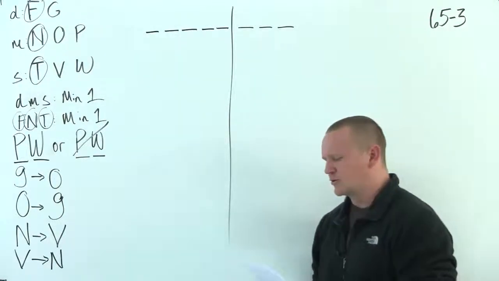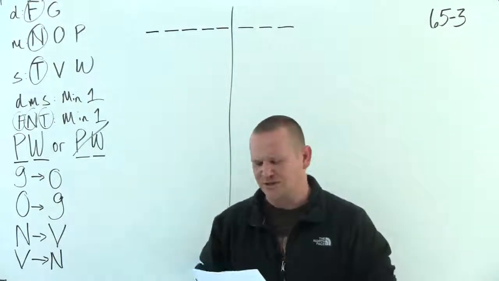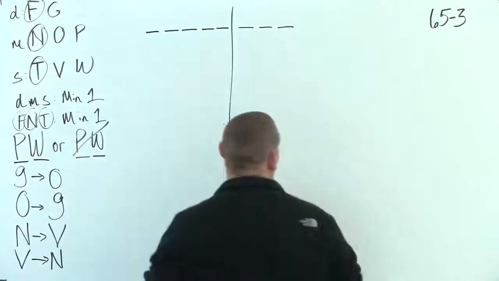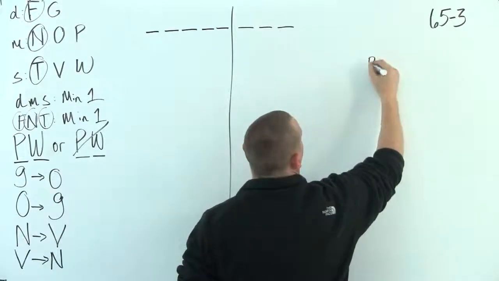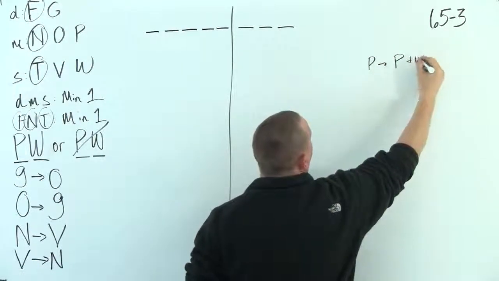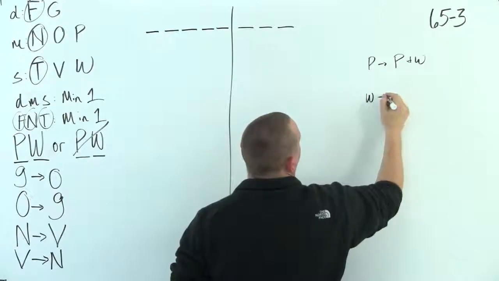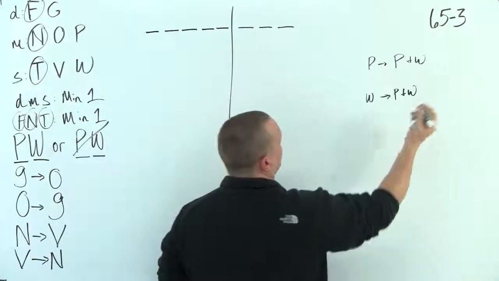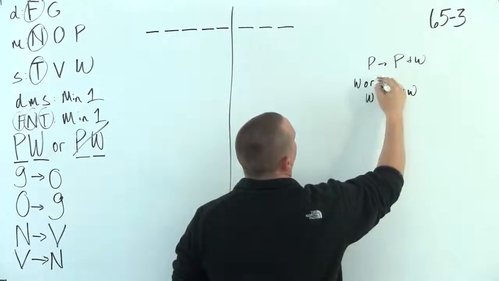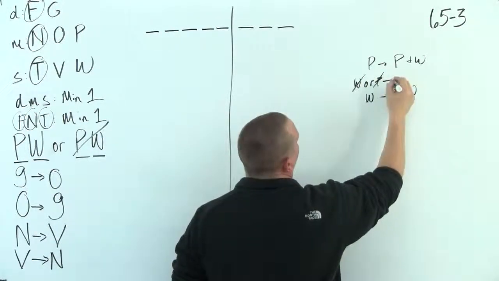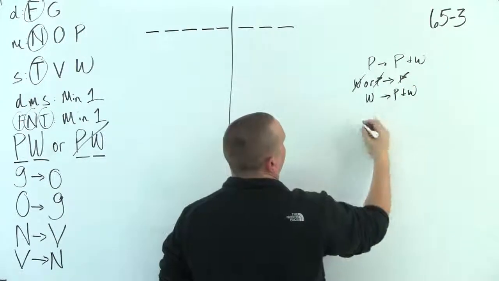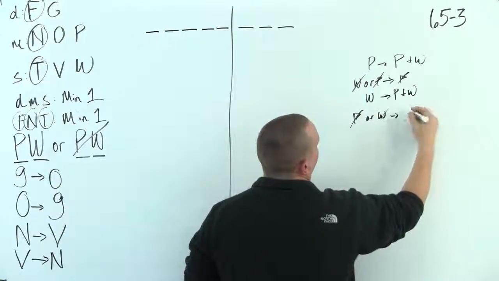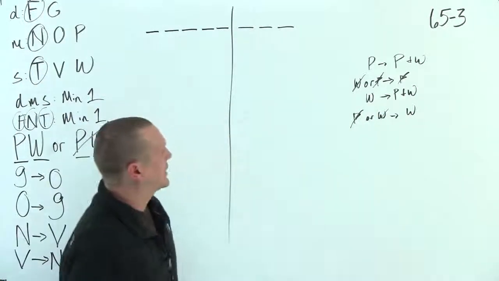And then a very critical rule: if either P or W is selected, then both must be selected. So if you think about that, if we have P, then we have P and W. And if we have W, then we have P and W. What is the contrapositive to that? If we don't have W, then we don't have P. And if we don't have P, then we don't have W. Okay? So,